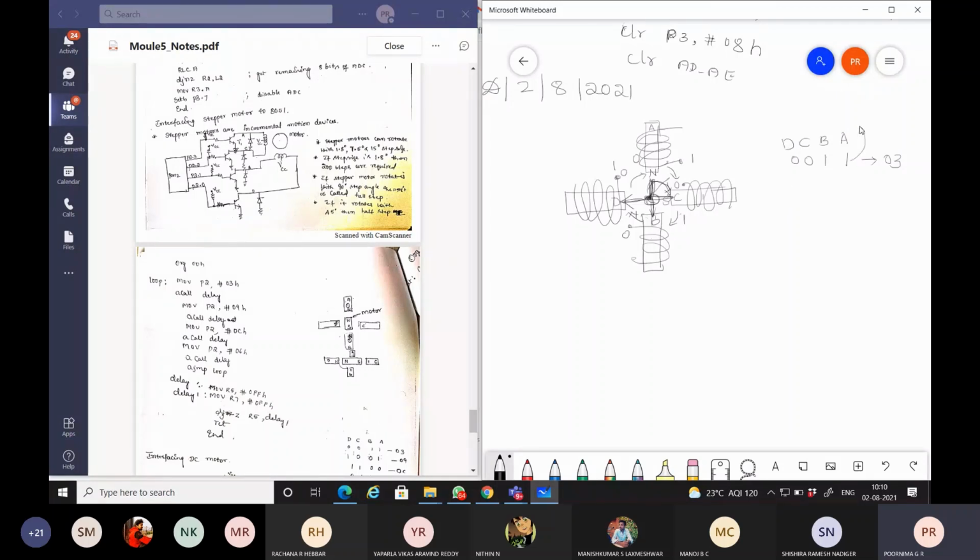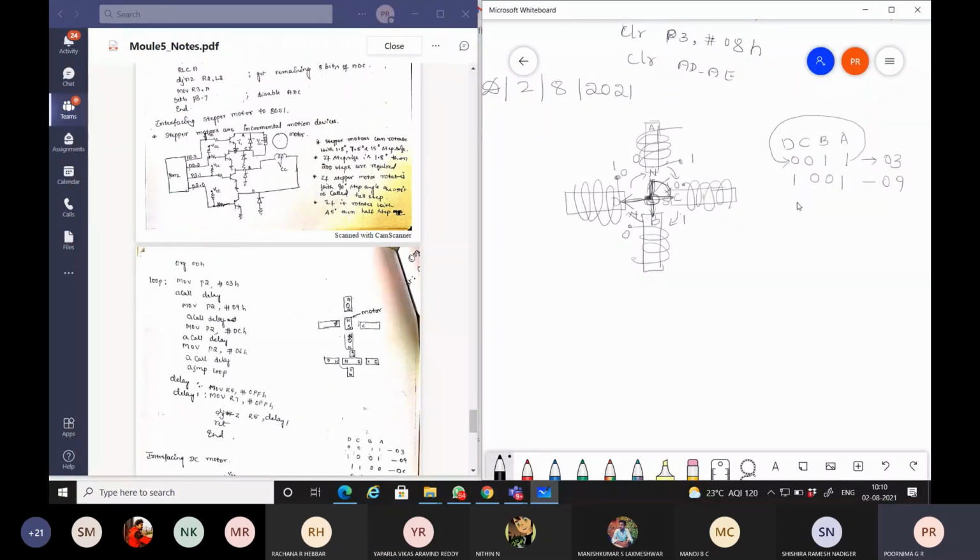When you want the next set of excitation codes, during that time you can make D as 1, giving 1 0 0 1. This will be equivalent to 9. When A is 1, D is 1, obviously B is 0, C is also 0. Then whatever is at the needle will get deflected.